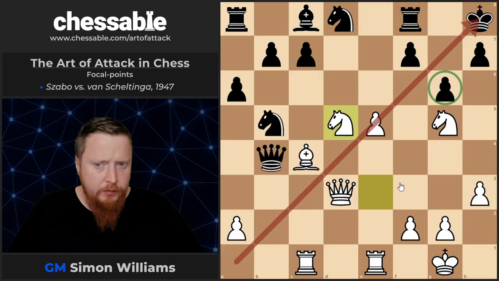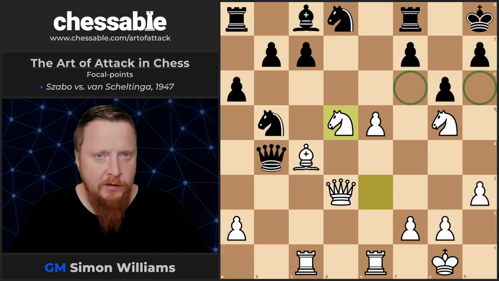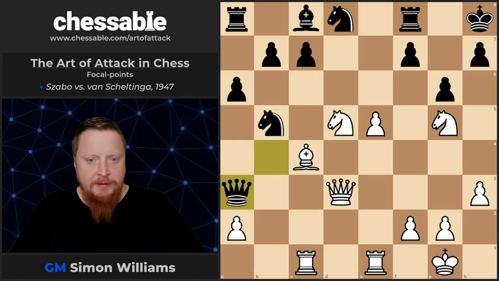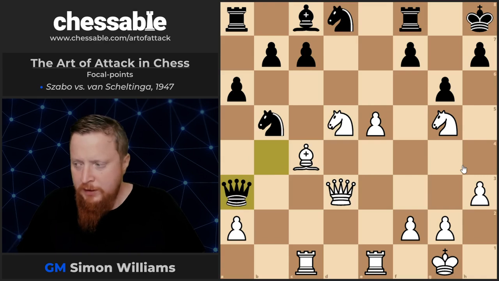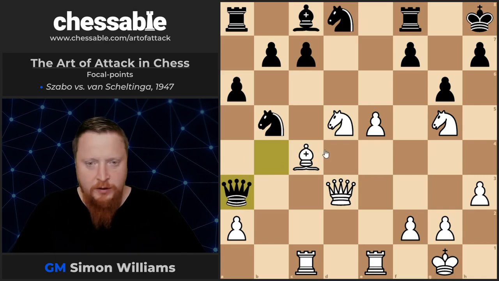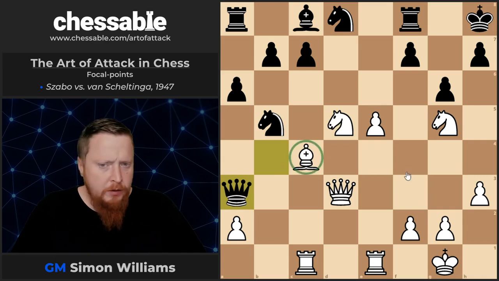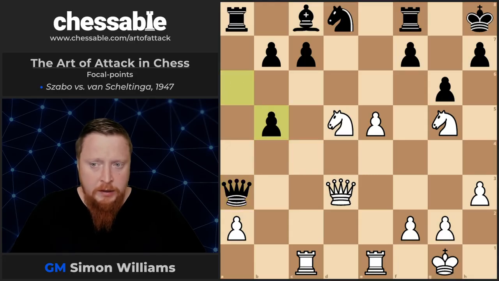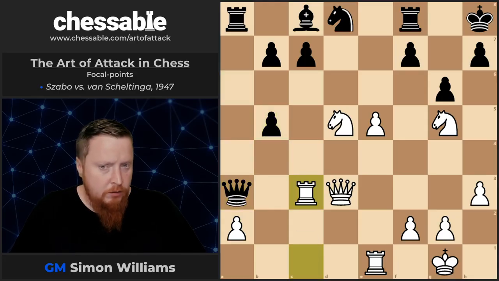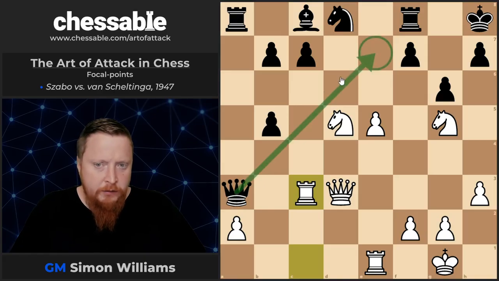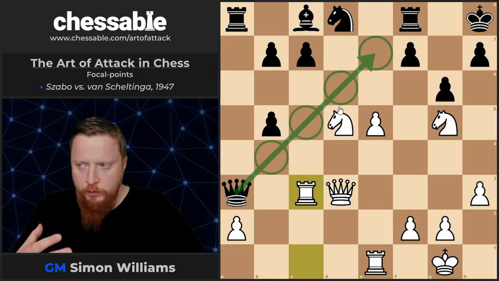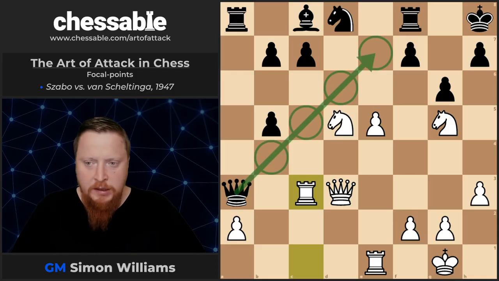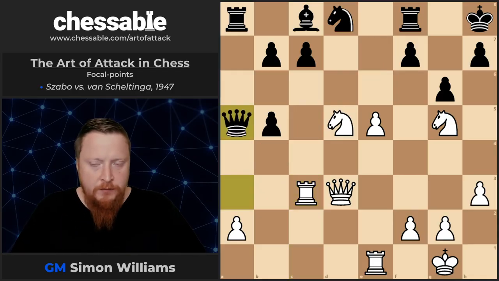which will be useful in some situations if we can get a queen into the dark squares now. Black desperately tries to swap queens, which would be a complete travesty if we do swap queens, but we don't need this bishop anymore, so you might as well swap off pieces that are not needed. And another reason is that, well, let's play rook c3, gaining a very useful tempo. Now the queen cannot stay on this diagonal, which it might want to do because it has some chance to get back to defend. It has to go to a5,